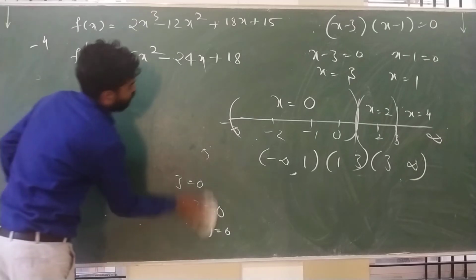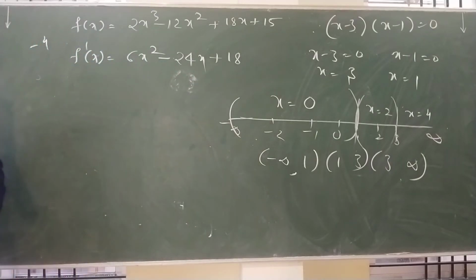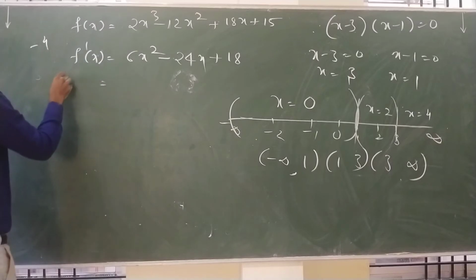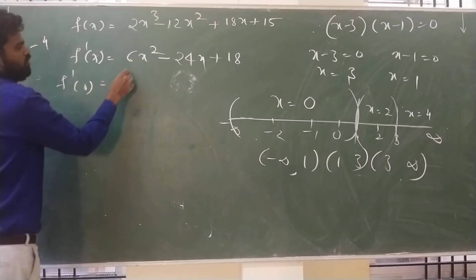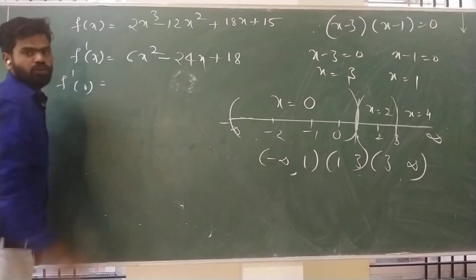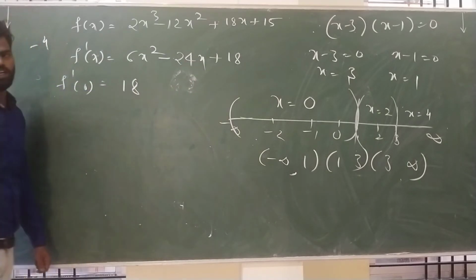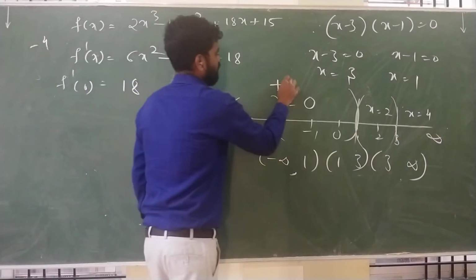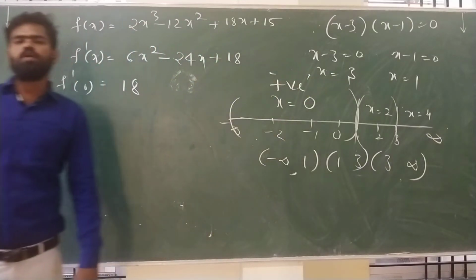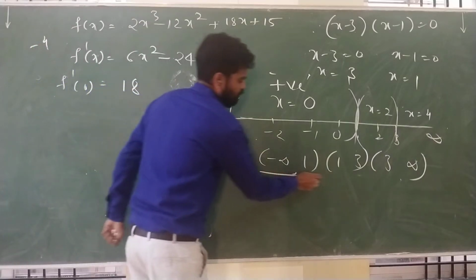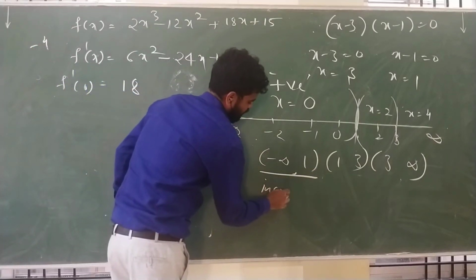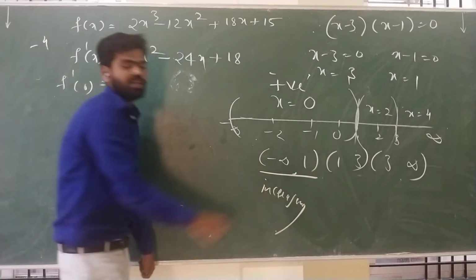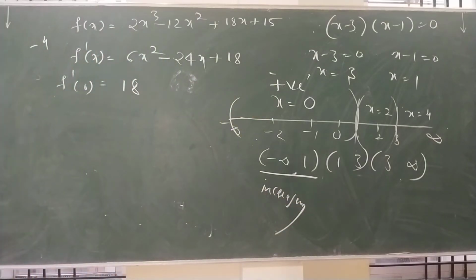Substitute the value of x equal to 0. X equal to 0 ಆಗಲಿ, ಅಲ್ಲಿ f dash of x ಒಳಗೆ 0 ಹಾಕಿದ್ರೆ, so f dash of 0 ಹಾಕಿದ್ರೆ ಎಷ್ಟು ಬರುತ್ತೋ, 6 into 0 is 0, minus 24 into 0 is 0, only 18 ಬರುತ್ತಲ್ಲ. ಲೆಕ್ಕದ ವ್ಯಾಲ್ಯೂ ತಗೊಂಡ್ರೆ ಏನು ಬರ್ತದೆ ಪಾಸಿಟಿವ್, ಹಾಗಾದ್ರೆ this is the positive. So only interval positive ಅಂದ್ರೆ therefore minus infinity to 1 is increasing, strictly increasing interval. So minus infinity to 1 is the strictly increasing interval.